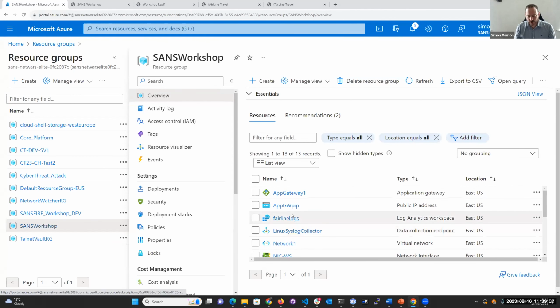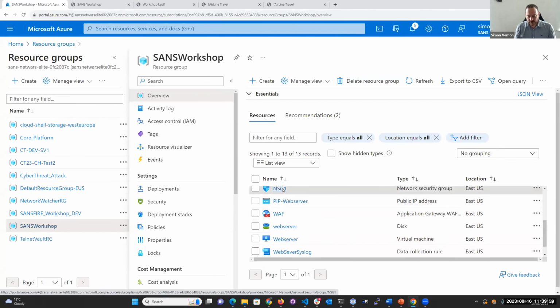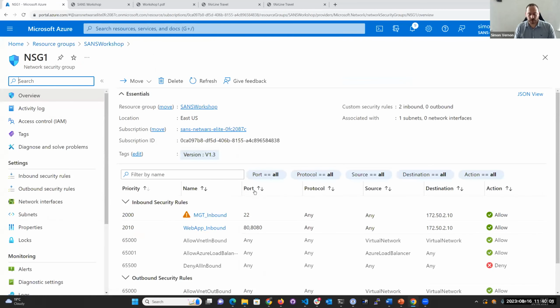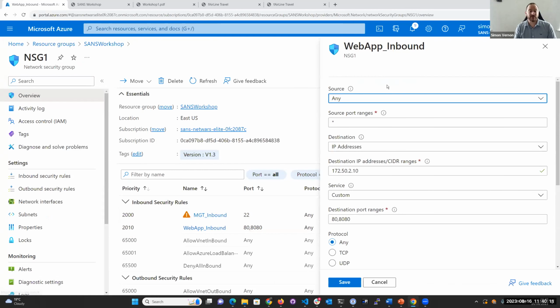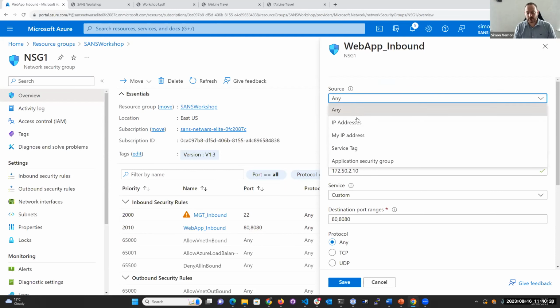We have a network security group in here. Our next network security group is called NSG1. We have web app inbound, allowing port 80 and 8080 from anywhere to that destination. Well, that rule can now be changed. We don't want the public access to that web application directly. We want all of the application traffic to go through the